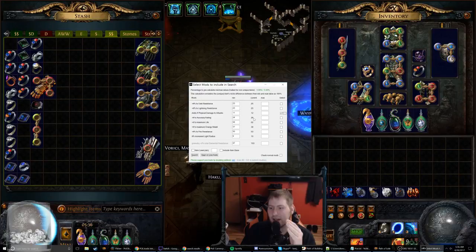I'd say anything like 300 plus accuracy probably is what you want to look for. 250 maybe, take a look to see what's out there, and then if you don't find anything, just remove it. Anything under 250 is pretty much worth nothing, so you don't really want to bother with that. So skip that. Now this one's the interesting one, because this one's a pretty nice life roll and a pretty